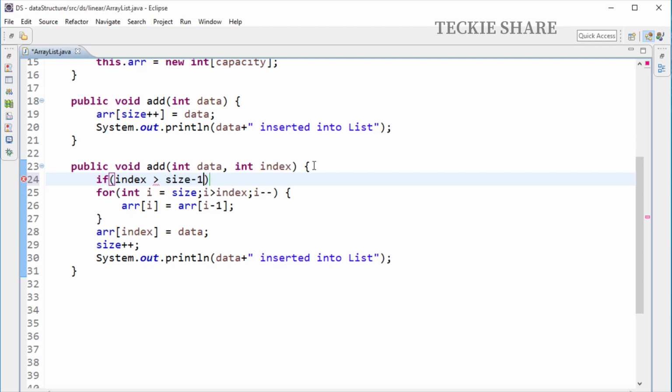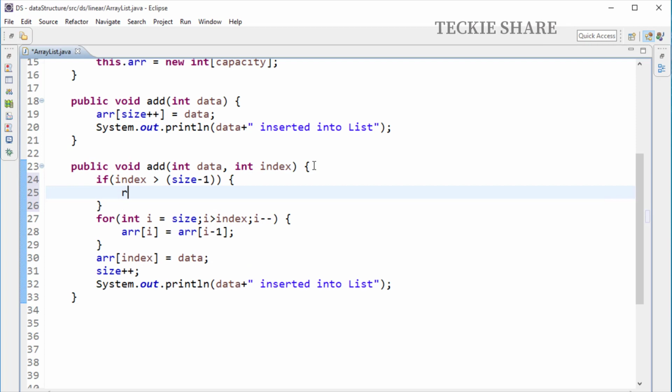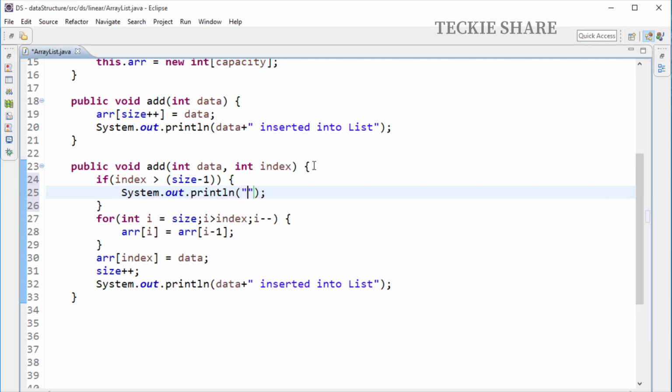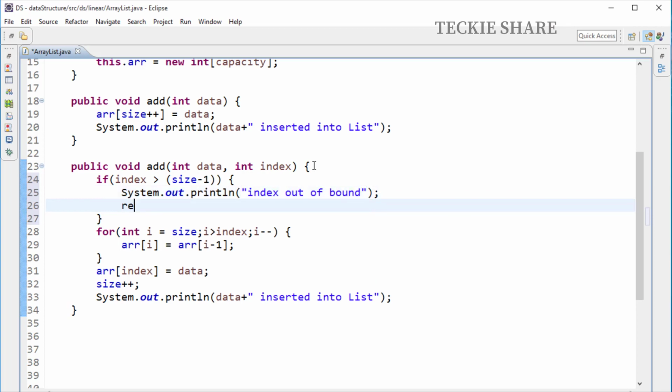So I'm going to create an if condition here: if index greater than size minus 1, I'm going to inform the user the given index is out of range. For that purpose, I'm going to create a sysout statement here and pass the information: index out of bound. Once I have informed the user, I'm going to stop the execution. For that purpose, I'm going to add an empty return statement here.